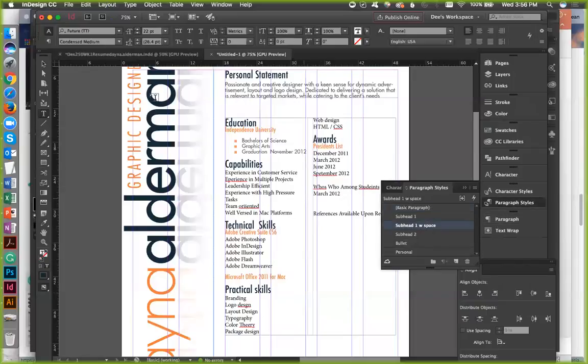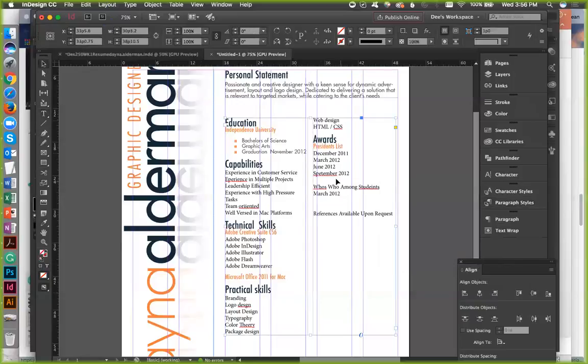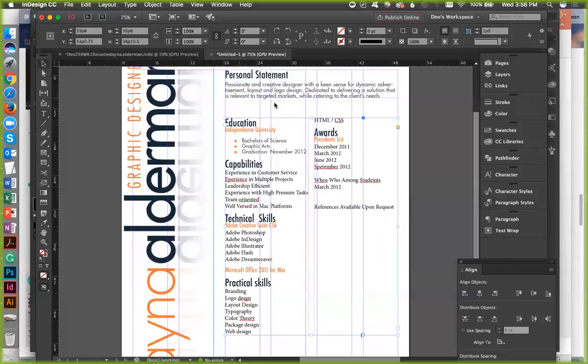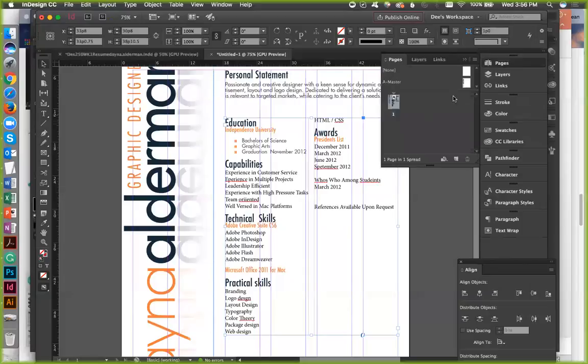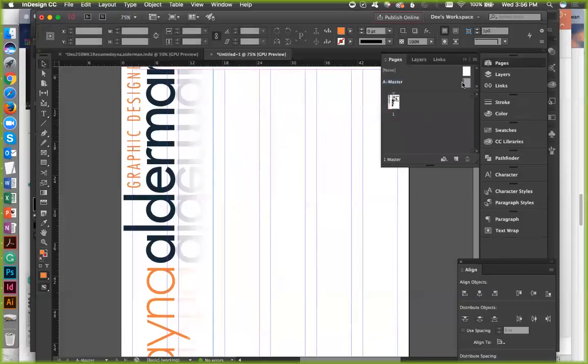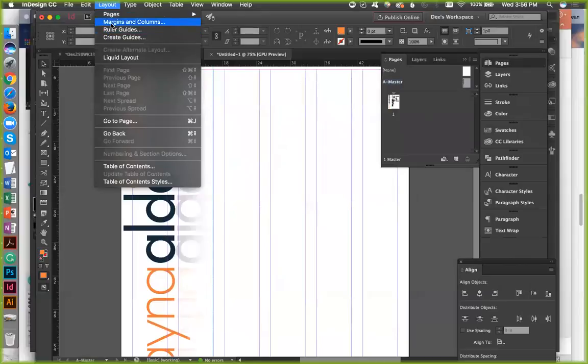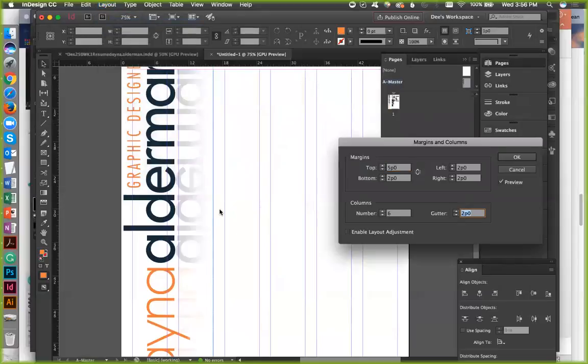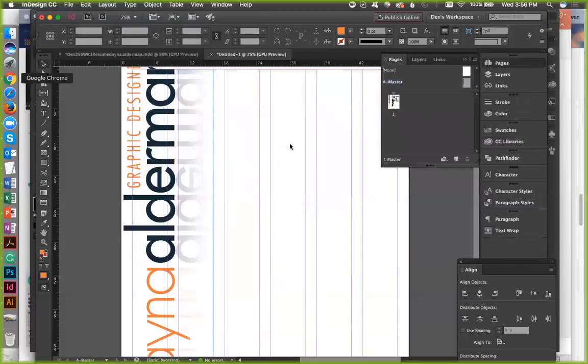Okay. Now, remember what I said about making sure that your gutters match, right? Now I have 2 columns here. It's got 4 columns on the page, but it's 2 columns text, which 2 divides into 4 columns really easy, right? But do you remember what I did when I changed my pages, when I changed the gutter? Let's go over here, take a look. Layout, margins, and columns. Look at this gutter. It's a 2 pica. You can just come over here and copy it, okay?